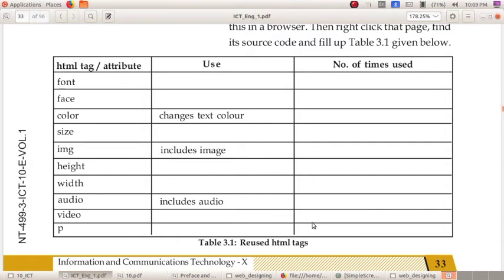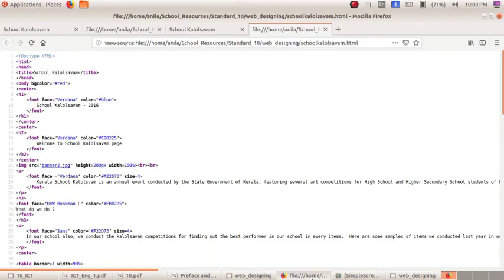Okay. So dear children, you want to prepare a table like this and include the tags, attributes and its uses that are used in this web page. So you want to just go through this page by taking a screenshot or pausing the video like this.